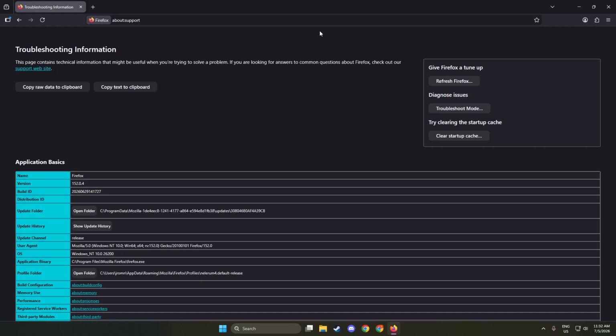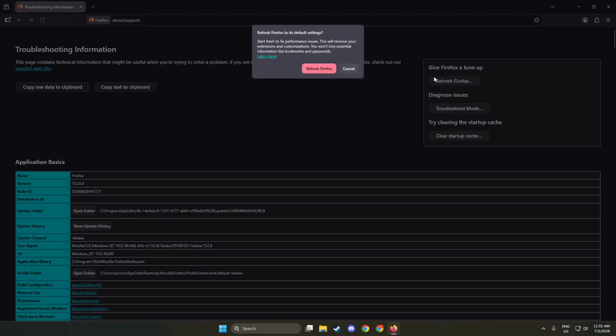After you click the button, you will notice a prompt asking you to confirm your action, ensuring that you want to proceed with refreshing Firefox. After that, confirm that you want to refresh Firefox. A dialog box will appear asking for your confirmation. This is an important moment because it helps prevent accidental changes. You can be confident that you're making a conscious decision to refresh your browser. Simply click the Confirm button or option provided in the dialog box to proceed.